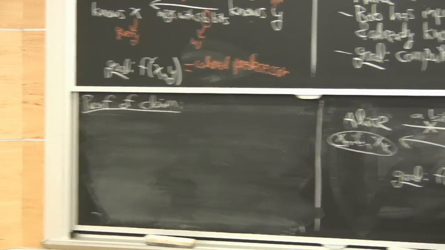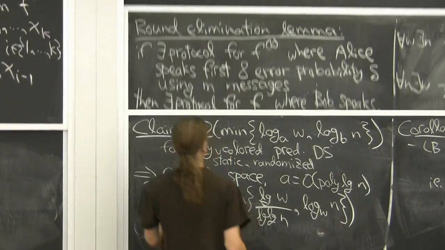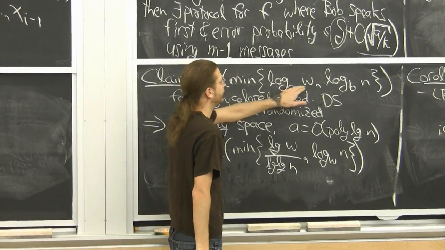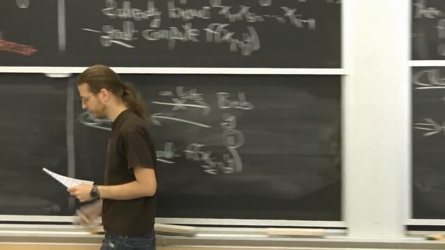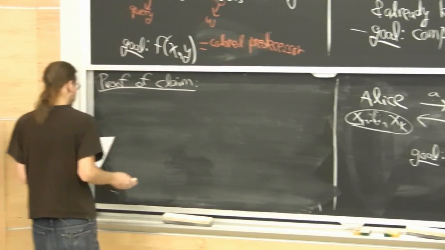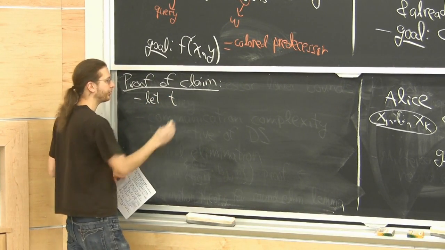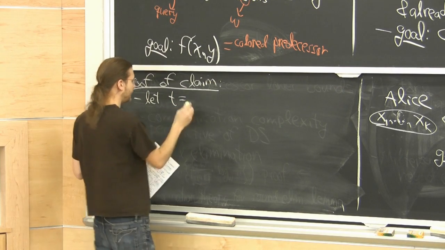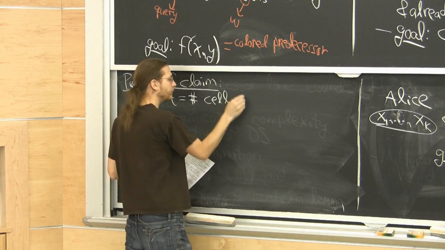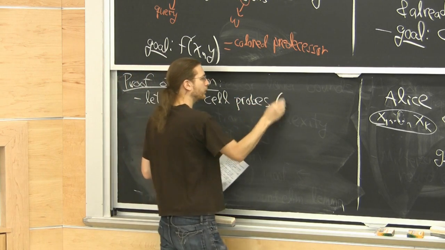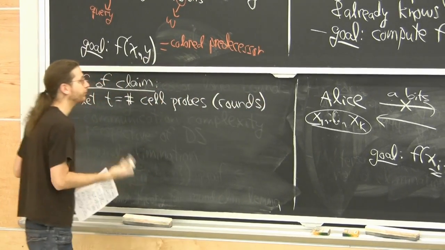So we're proving this claim here: Omega of min of log base a of w, log base b of n, for any colored predecessor data structure. Let's suppose you have a colored predecessor data structure, and it can answer queries in T cell probes. Which, from the communication complexity perspective, is rounds of communication